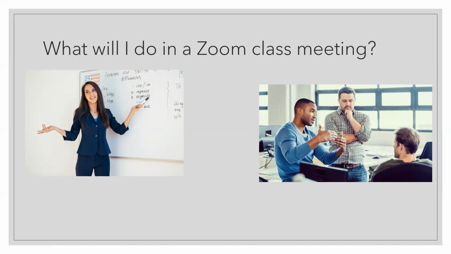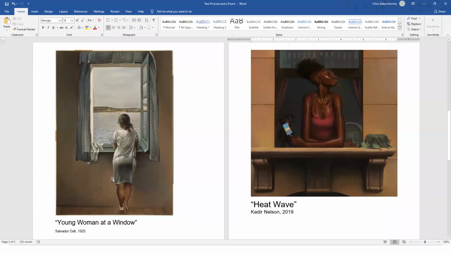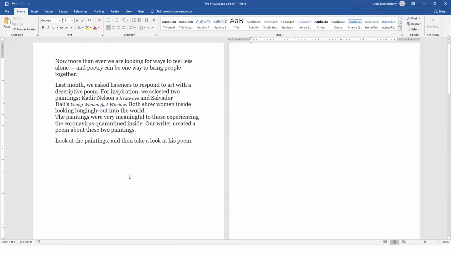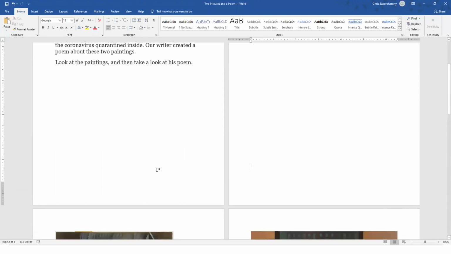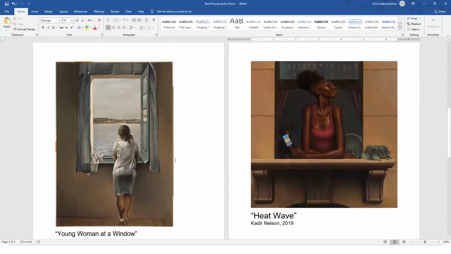So Zoom time is all about sharing. And just to show you what that might look like, this is an assignment I gave my students. They had an article to read about quarantine and having to stay inside, and a poem that they read, but then also these two pictures. So when we had a Zoom meeting, I had my students look at these two pictures